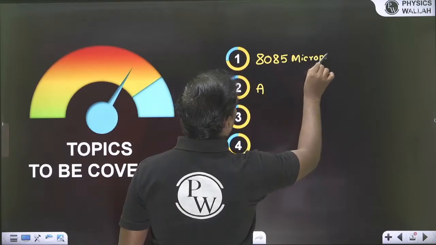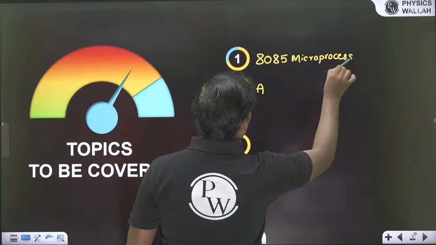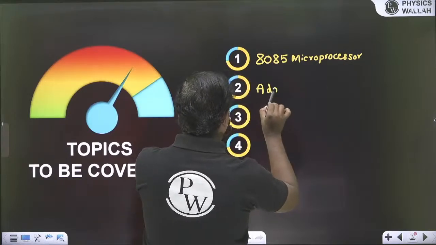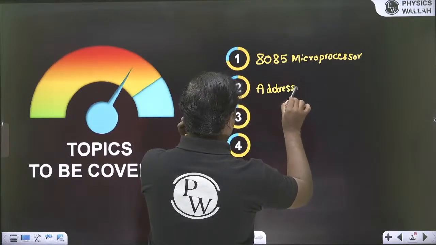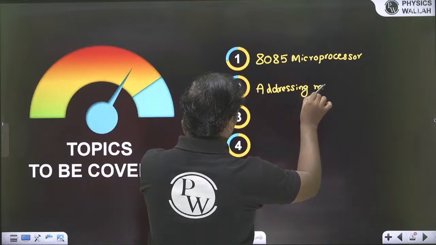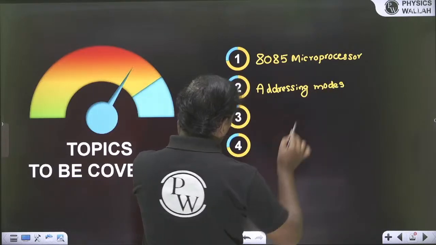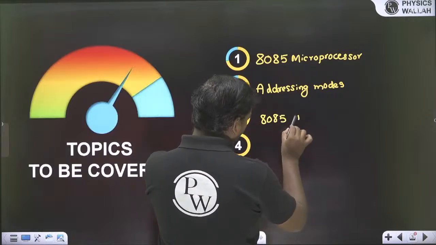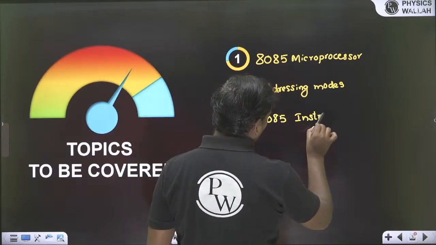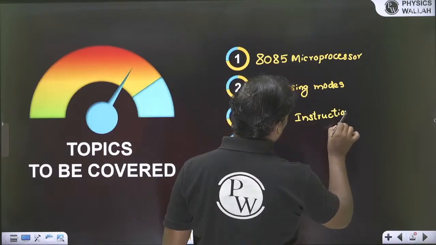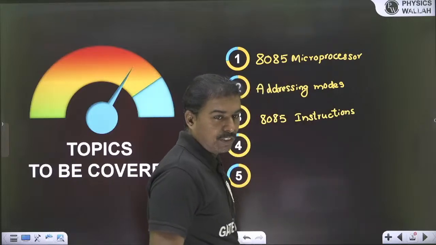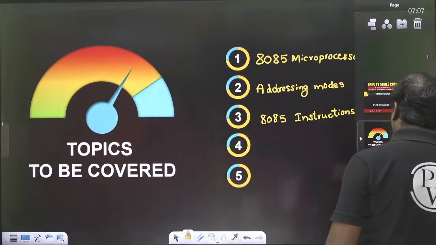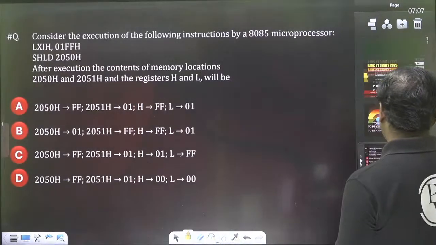8085 माइक्रोप्रोसेसर से आता है क्वेश्चंस। नेक्स्ट एड्रेसिंग मोड्स, एंड आफ्टर दैट इंस्ट्रक्शंस, 8085 इंस्ट्रक्शंस। इसके ऊपर क्वेश्चंस आने की चांसेस है। ओके, सो फटाफट स्टार्ट करेंगे बेटा। लेट अस स्टार्ट विद द क्वेश्चंस। सो ट्राई टू आंसर दिस क्वेश्चन फर्स्ट।